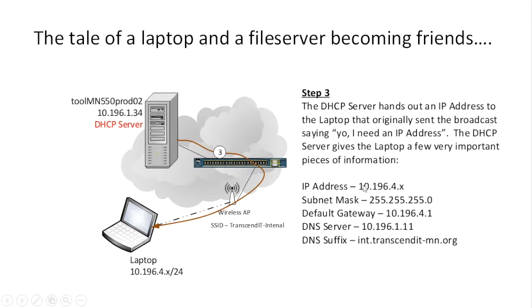So for now, we're going to say, okay, the DHCP server gave me an IP address of 10.196.4.x. And I'm saying x because this number will change. This last number, x, is basically a variable or a placeholder that just says it's something between 1 and 254. Now, the reason it's between 1 and 254 is because of something called subnetting, and it has to